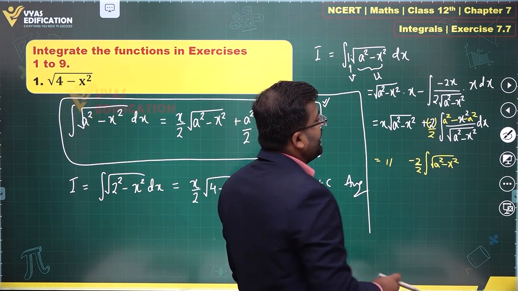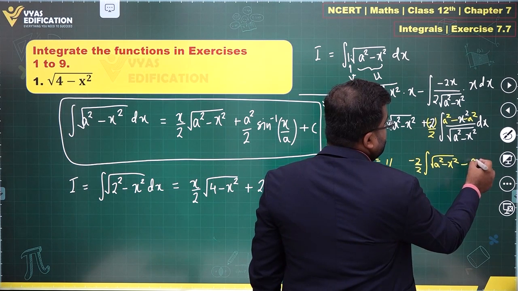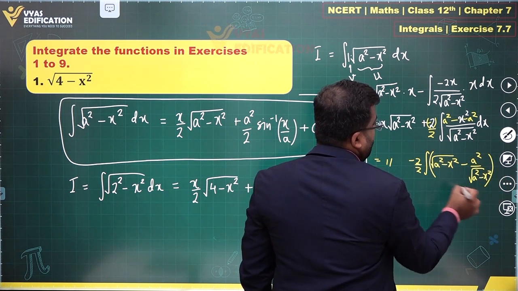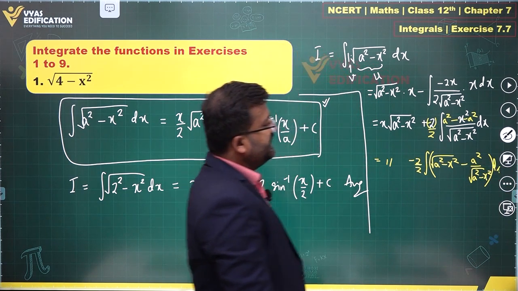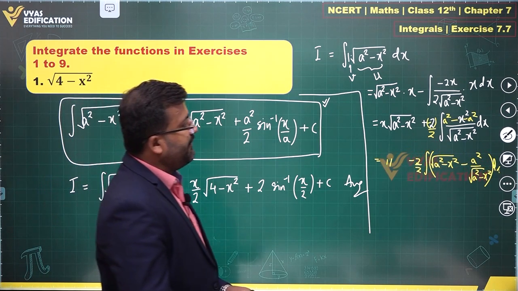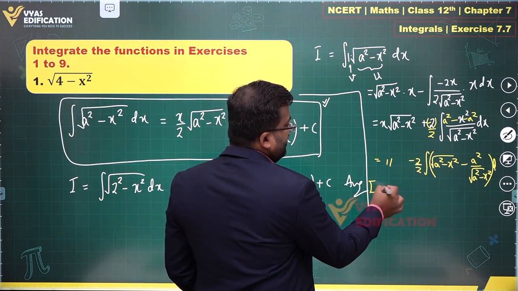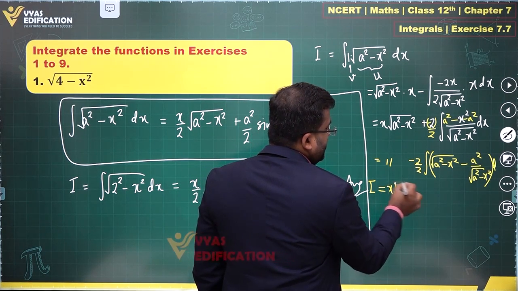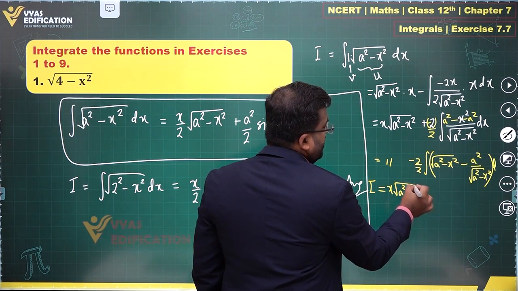Yes, this is there. And minus a square upon under root of a square minus x square times dx is what I get. Right? This is what I get over here. Okay, so that integral will not be difficult now. You have this integral I, which is equal to x times under root of a square minus x square, minus,